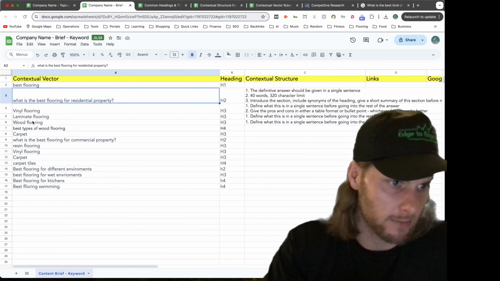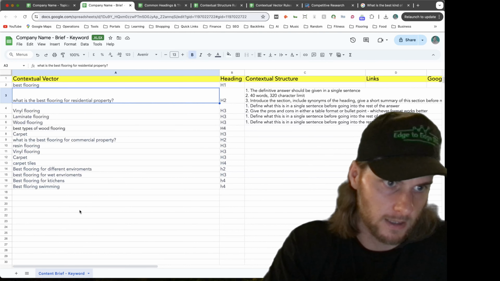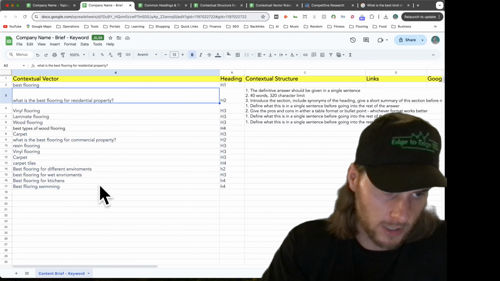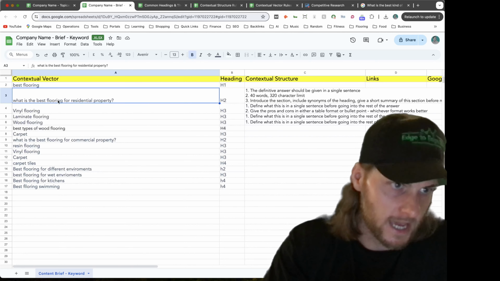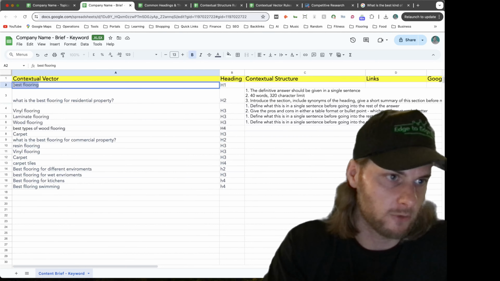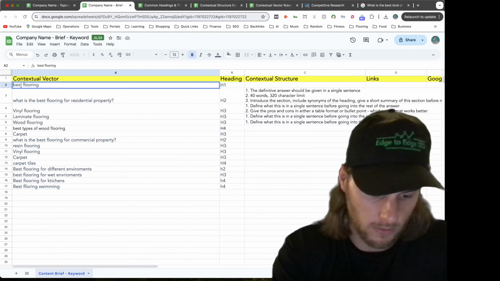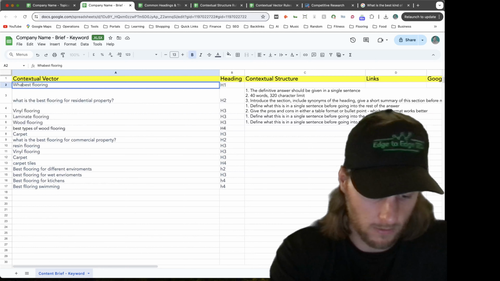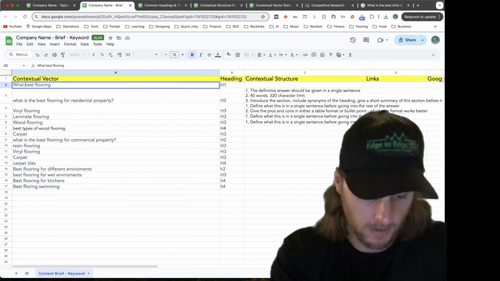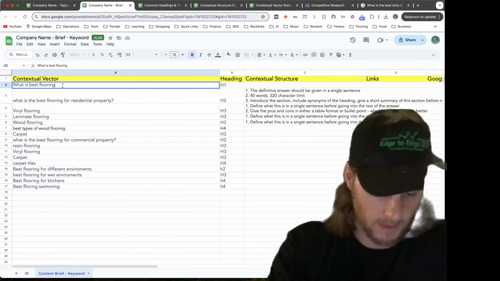So once I've created the brief, then I would know the order of all of these headings here. So then I would be able to actually form a title that would flow with the article. So I'd put something like, what is the best flooring,